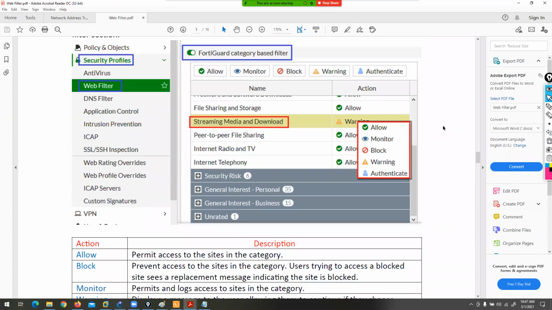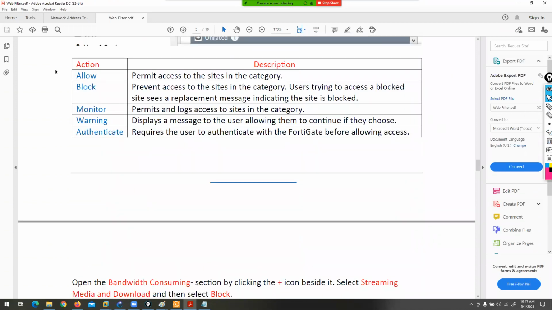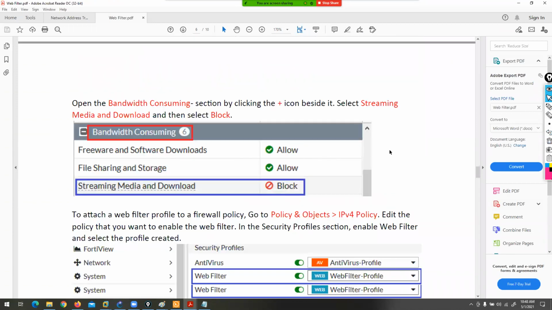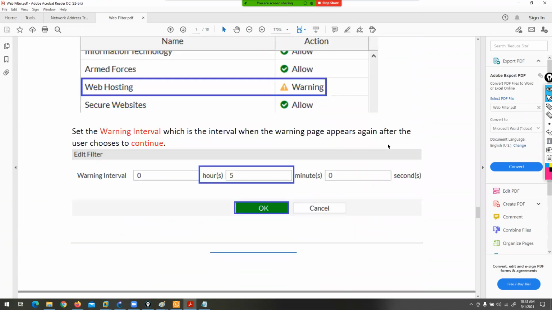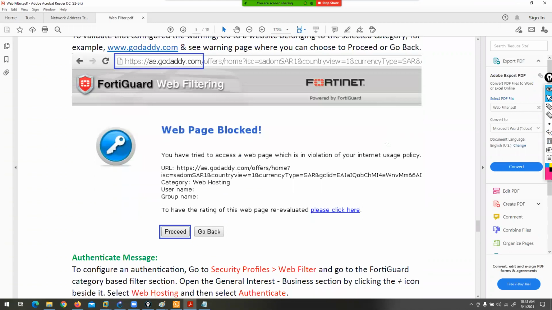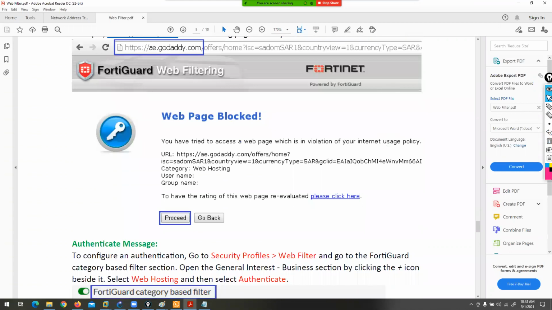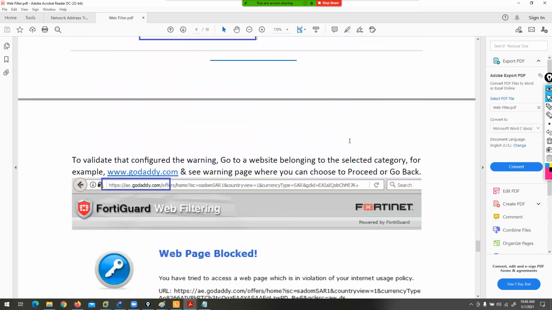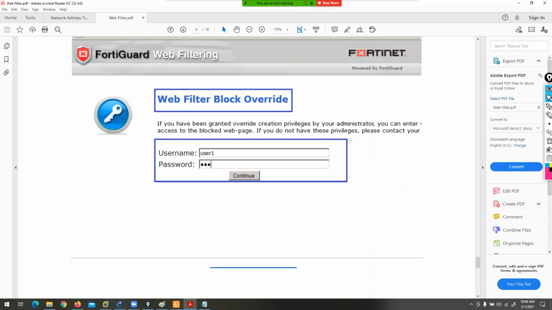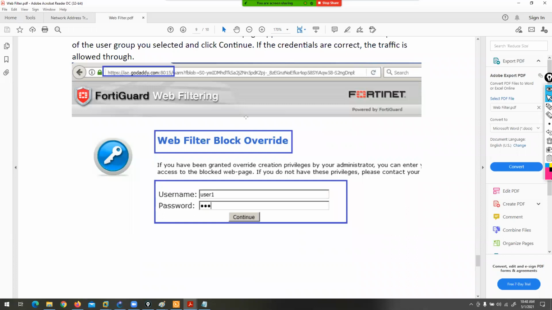FortiGuard filter. I told you this option: monitor, block, warning, authenticate. Please go with this slide, guys. If you face any problem, you can ask me questions. Remember our warning page. So this is our warning page, and I can also show you the username and password authentication page.